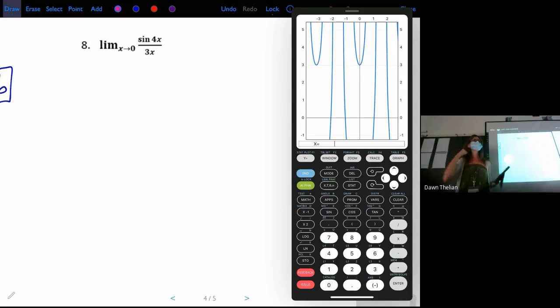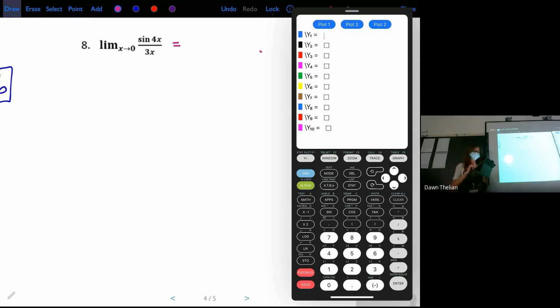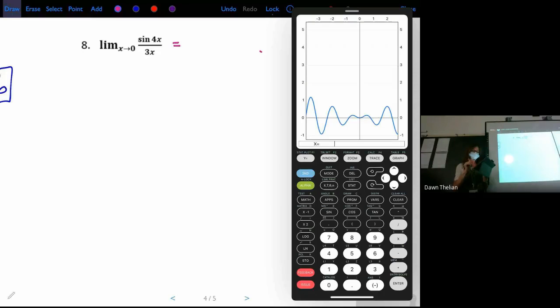Who thinks they got the right answer for number 8? Aiden? I wasn't sure about this one. I checked it graphically, and that answer is sort of around the vicinity of 1.1, 1.3. Okay, I love that answer. So let's actually go with that. Aiden was saying that he used the calculator because he was struggling a little bit with this one. And the answer that he's seeing in the calculator, if I hit trace, is,